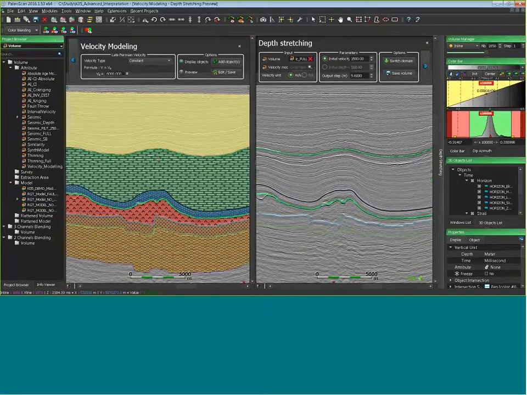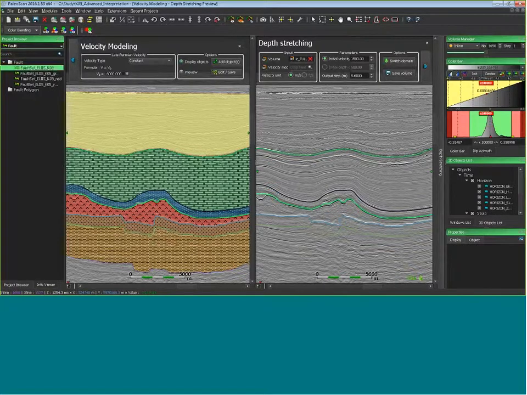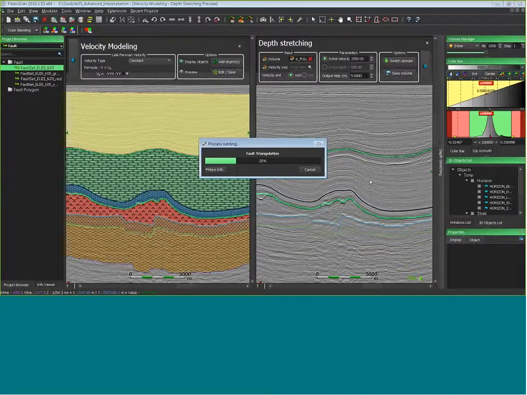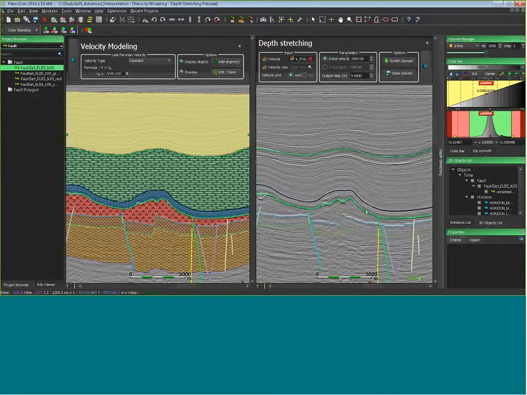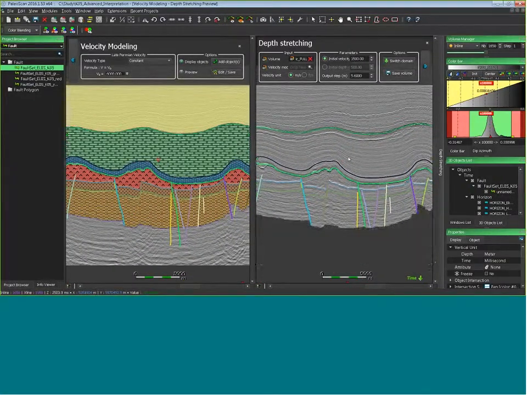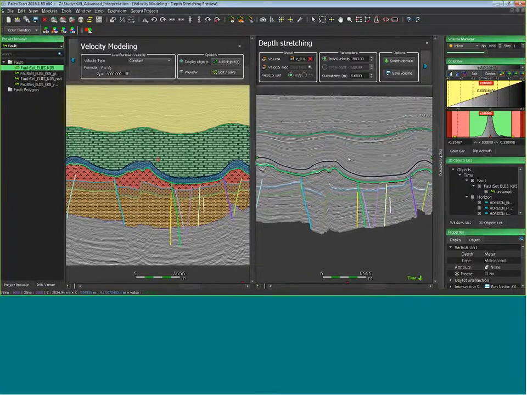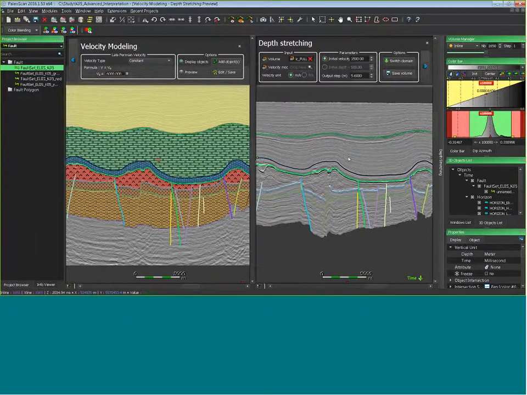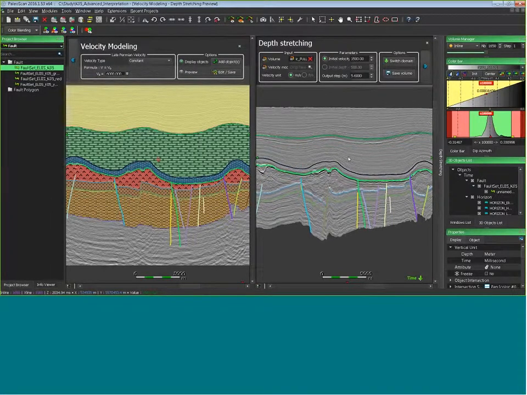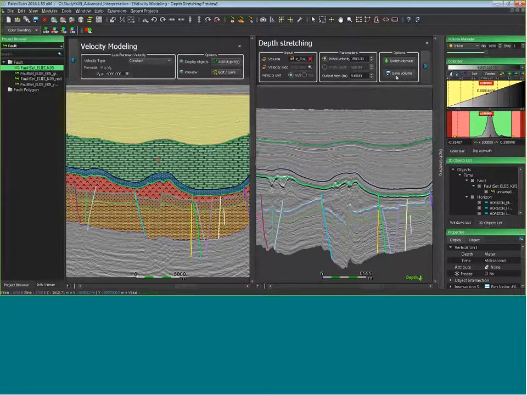Okay, and now I will just load the fault also. I drag and drop the fault. For the moment, I stay in time domain. And now if I switch from time to depth, directly the display of the fault and horizons are updating to my depth domain. Like this, and then I can save the volume, the depth volume.